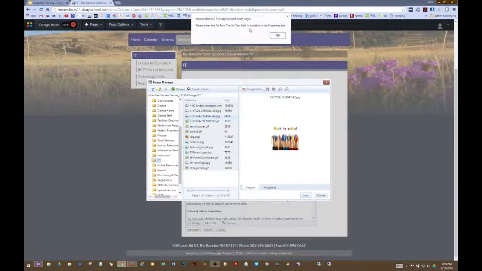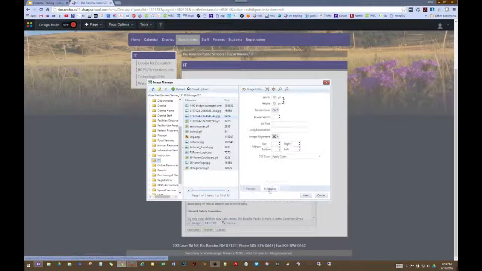The alt text field is available in the Properties tab. So we hit OK there. And now we need to enter our alt text. Alt text is descriptive text between 4 to 8 words that tells people with visual disabilities who are using screen readers what they're looking at. And so we need to put in here, back to school